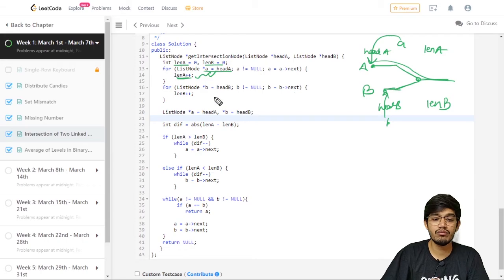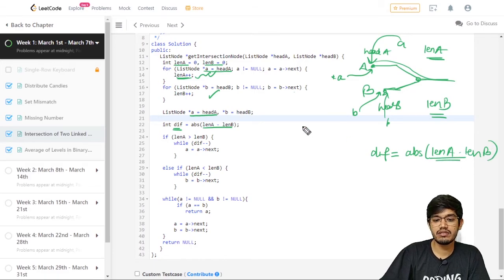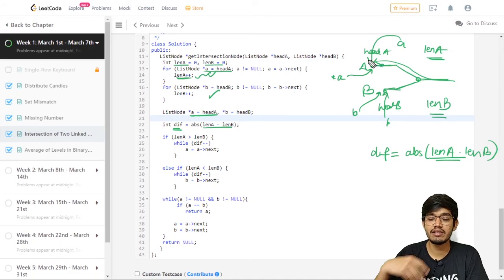For this we are using a for loop, and again the same for loop. Now our task is that we make a pointer A again, which points to the head, and B pointing to the head of B. Now you can see we are finding the difference, the absolute difference of length of A minus length of B. We call it diff, and it is found using the absolute of length of A minus length of B. Now if the length of A is greater, then we need to move that many positions, equal to the difference.